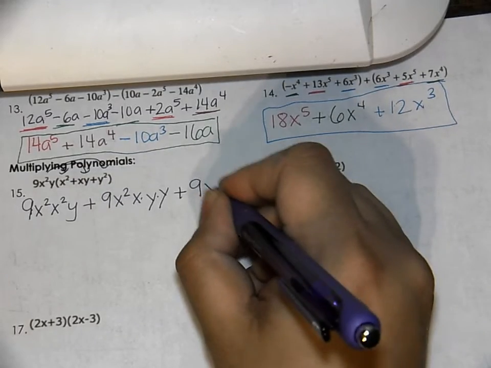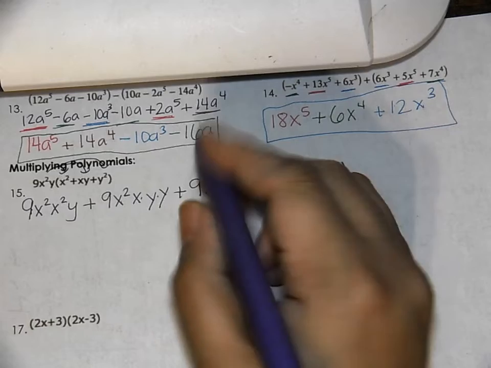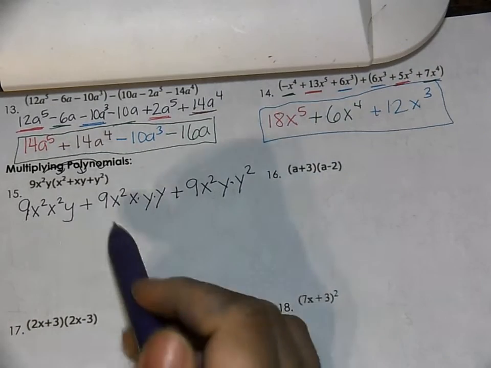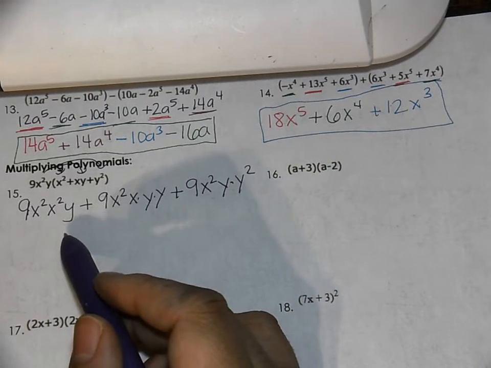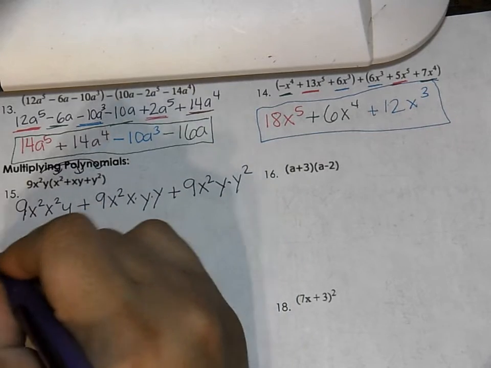X squared has no other x's with it, but the y is there, and there's a y squared. So y squared. All right, now it's time to simplify this. And again, I'm writing all my steps down. You can go right to the final answer from the beginning if you wanted to. But this would be